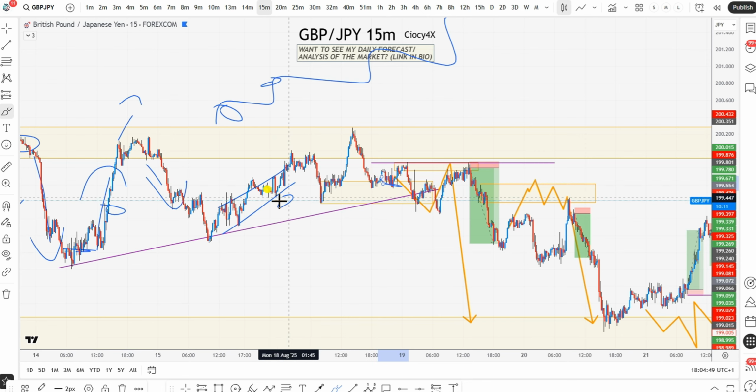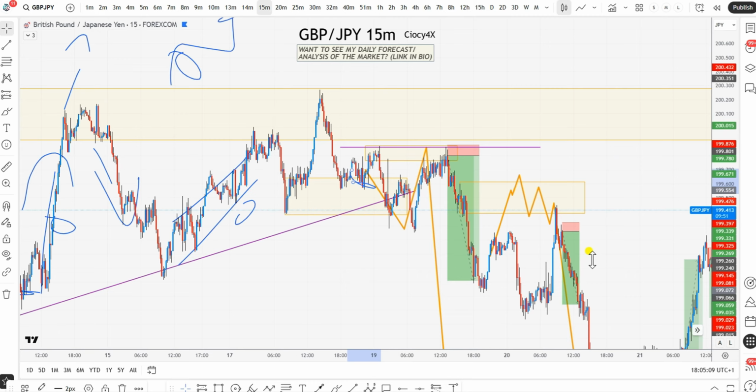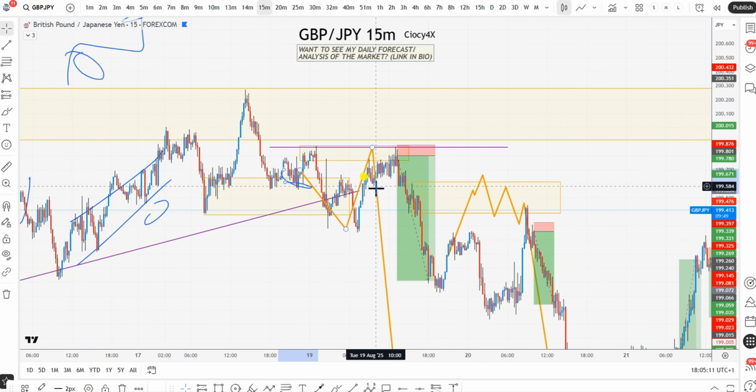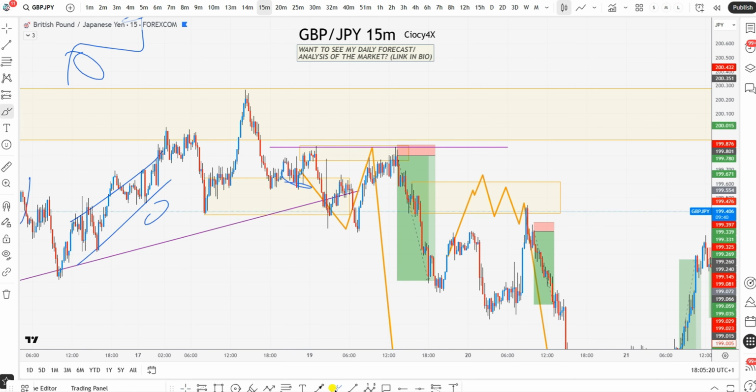So now at this point, all I need is that sellers take control over buyers. And you guys can see actually there's a demand zone that has been taken out. Once this demand zone gets taken out, and then I mark my PY, which was this yellow box, all I need is clear confirmation of what buyers are going to be doing and how I can get in with the sellers. Because at this point, it was absolutely clean. The sellers were in control. Okay. And then the next thing you know, when price gets to my PY, same story in a smaller time frame, and off we go. Boom, there is a trade.